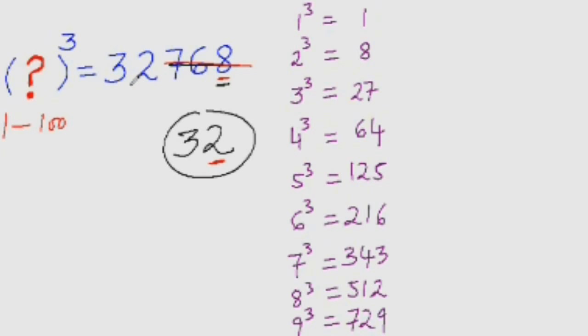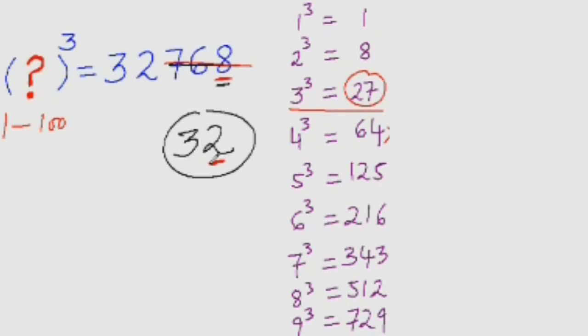That is, either it is 32 or less than 32. So which would that number be? 3, isn't it? Because 3 cube is 27 and 27 is near to 32. 4 cube is 64, so it is more than that, so it is out of question. So all you need to do is find the number whose cube is either equal to this remaining number or less than that.